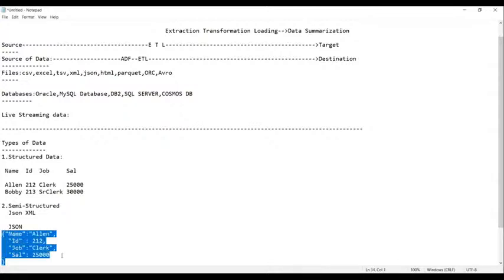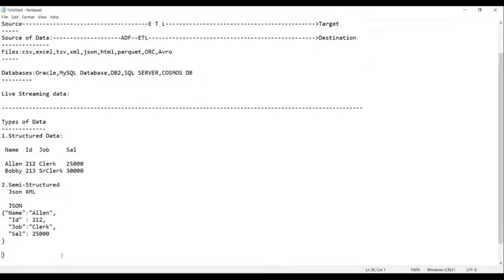Am I right, everyone? This is called a JSON document. This data is not fully structured, but still it is not totally unstructured. It has some structure to view. So hence this is called semi-structured data. Yes, everyone is following or not?